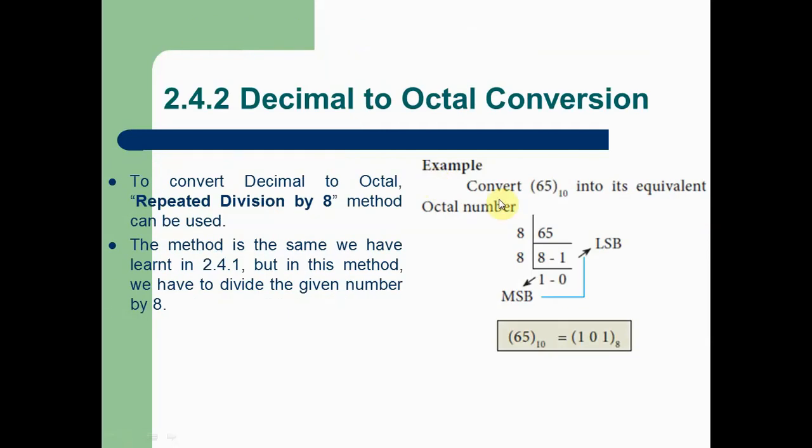In this example, we want to convert the decimal number into octal. So the base value for octal is 8. That's why we divide the given number by 8. We repeat the steps till the last quotient is 1. After that we arrange the last quotient and the remainders in the down to up direction. So this is the simple example for converting decimal to octal number.